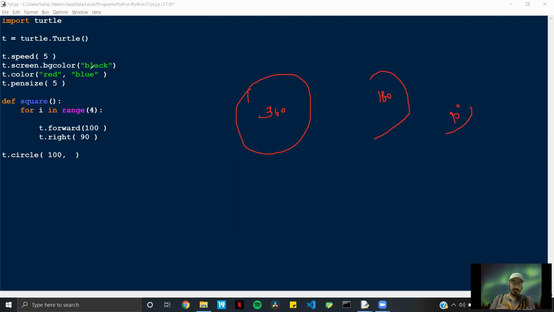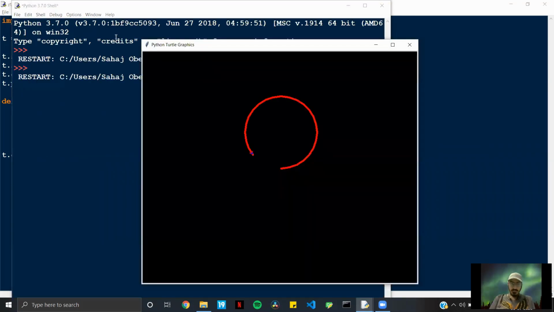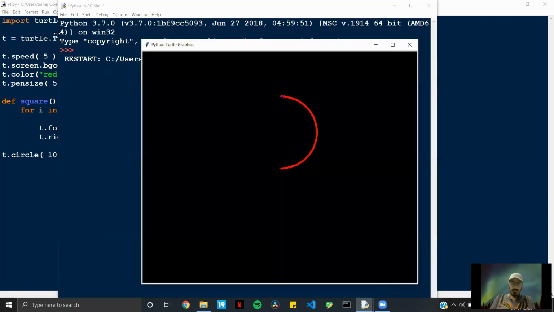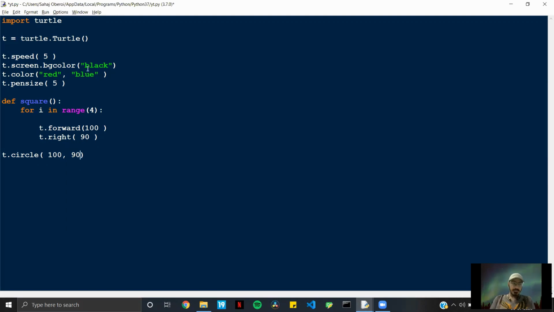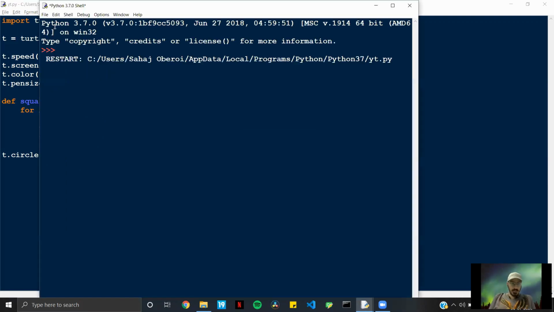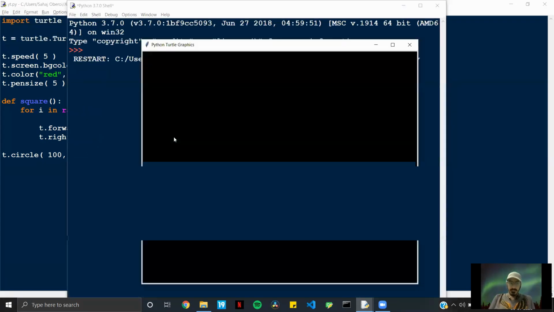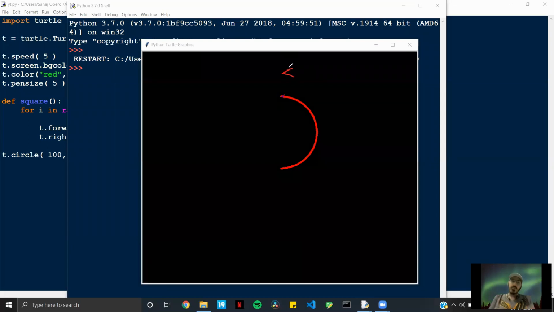So let's try out all this. First of all with 360. So it makes your full circle. Now if I write 180, cool, semicircle, and 90, a quarter of a circle. Cool. So if you notice, when we made the semicircle, our arrow is pointing towards the left direction, and what if I turn it left by 90 degrees,